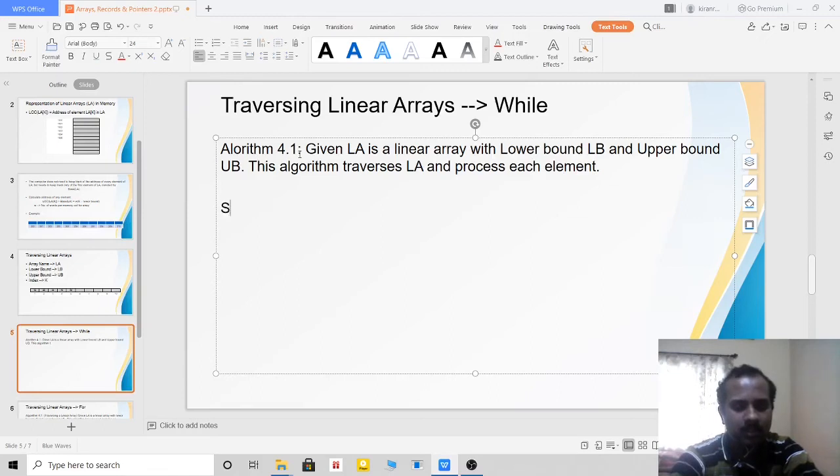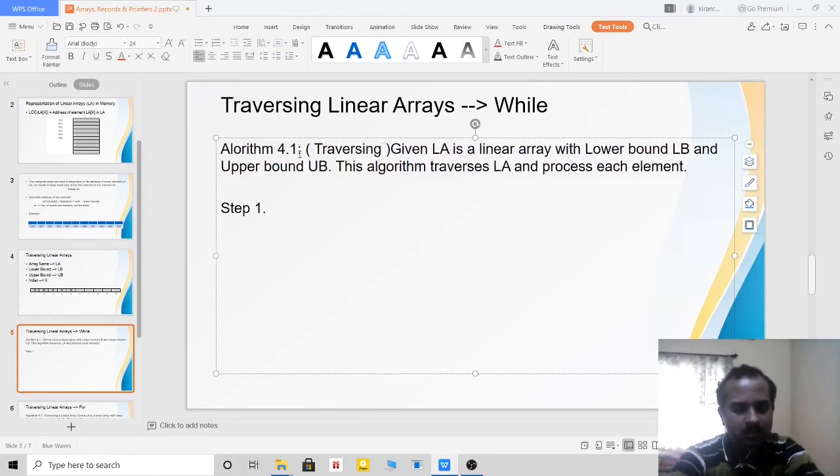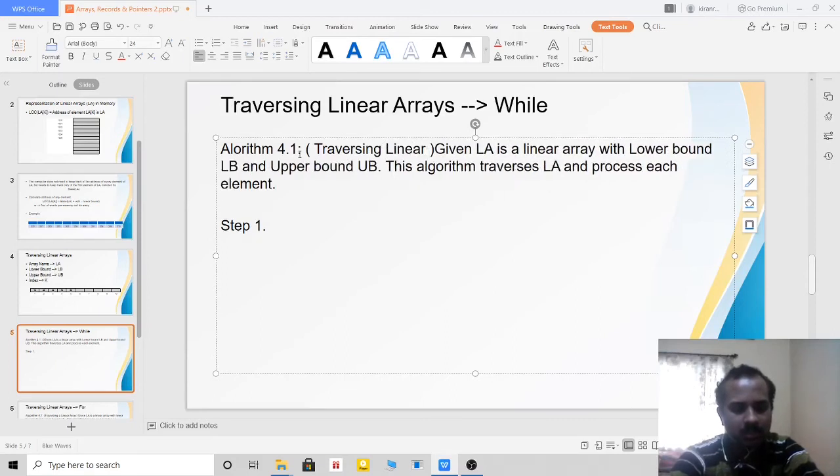Then I am going to write the steps here. What is the first step? Before that, I can give a comment here about what the algorithm is: traversing linear array.